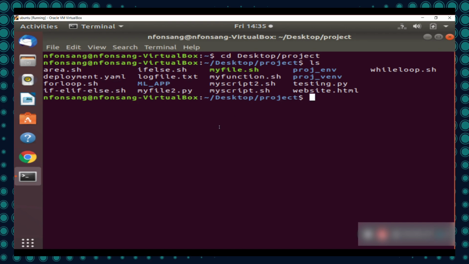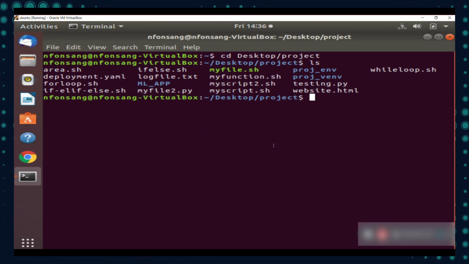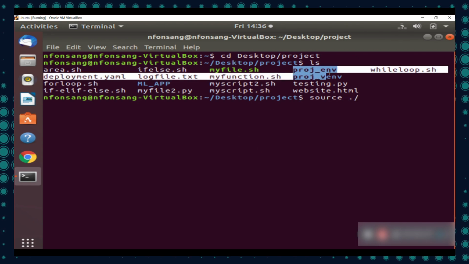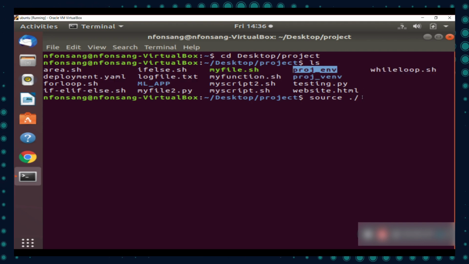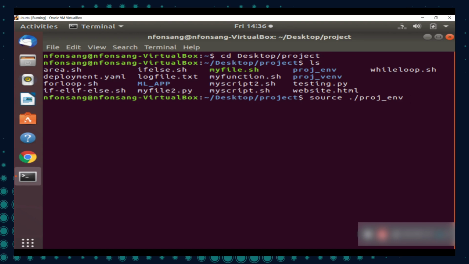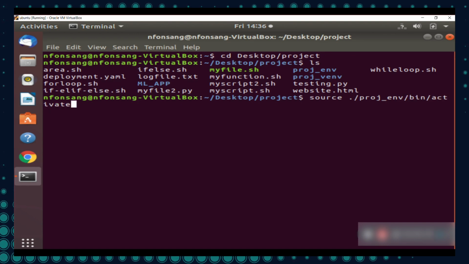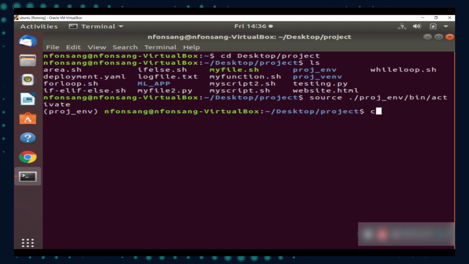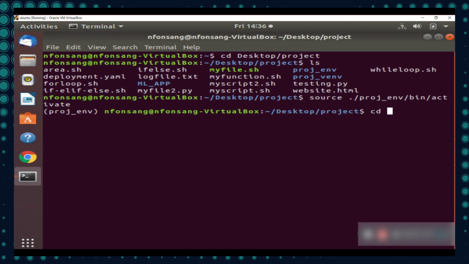The first thing I want to do is to activate the virtual environment. So I'll use the source command and then activate the virtual environment, which is basically this project environment here. So we have the project environment, and I'm going to navigate into the bin and then the file called activate in order to activate this virtual environment. You can see that the virtual environment is activated. So now we will navigate again, or cd, into the app, which is the ML app